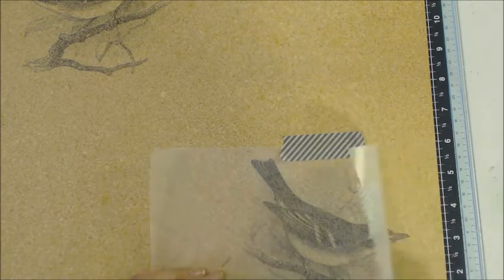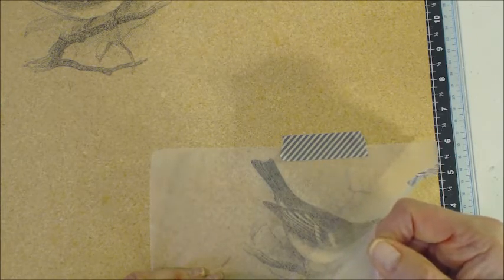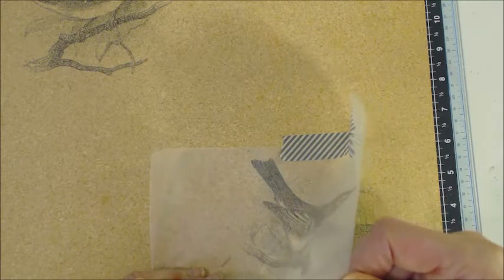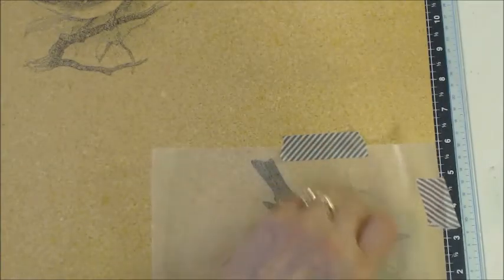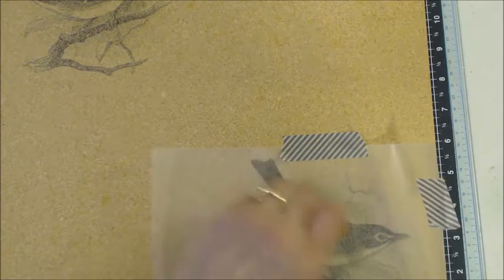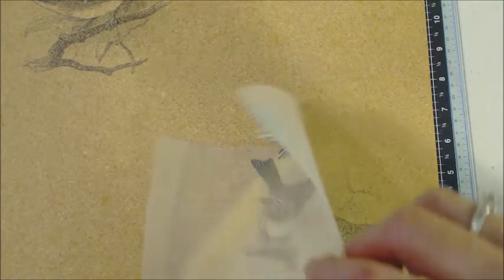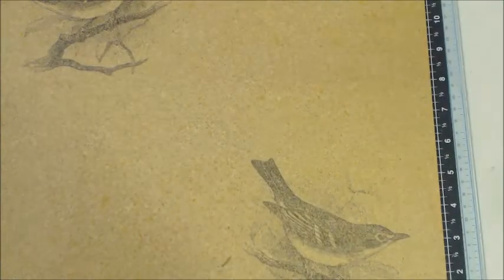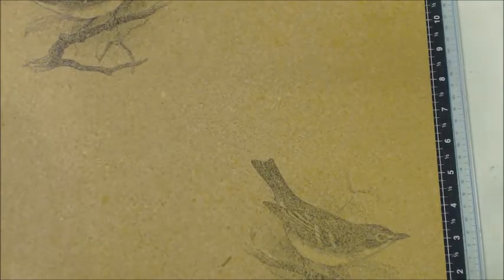Let's see how this is looking now. Much, much better. Like I said, it doesn't have to be perfect. Okay, let's pull that off. And there we have it. We have another image on the other side. So now,